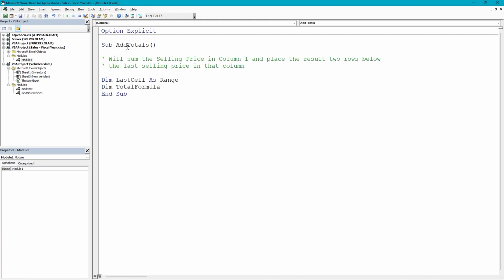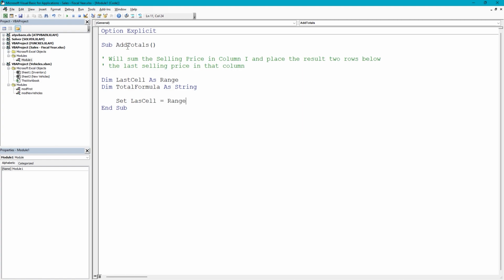That's what we're naming our object variable as, and we're going to do a string there. Press enter twice, and then you're going to tab. So we're going to use the set statement to assign a value to last cell. So set last cell